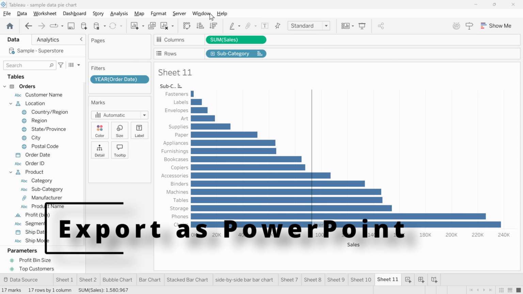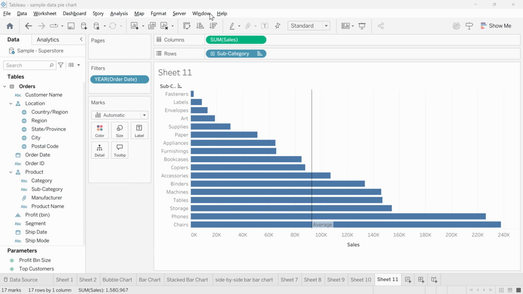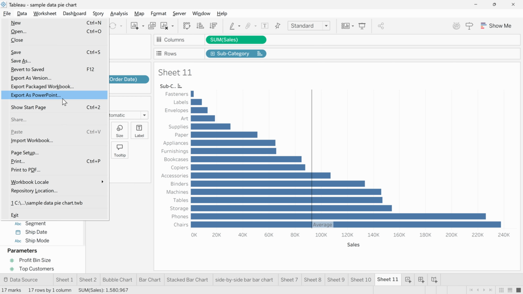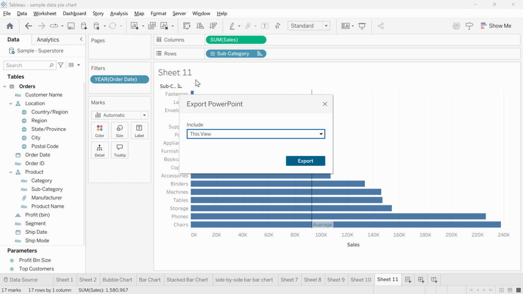My name is Emily, and today we're going to be going over how to export a Tableau worksheet and your various different charts to a PowerPoint. So we're going to go up here to the top left, hit File, and then we are going to export as a PowerPoint. So what we could do is we could just export this view, which has this lovely visualization